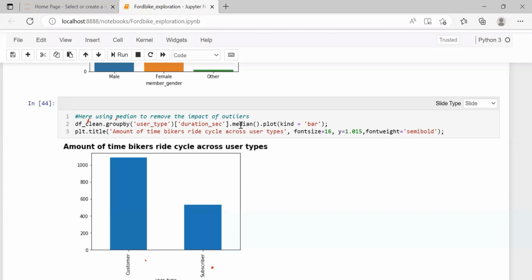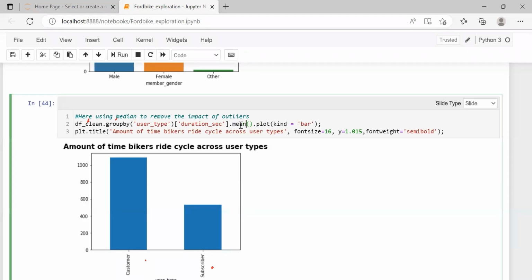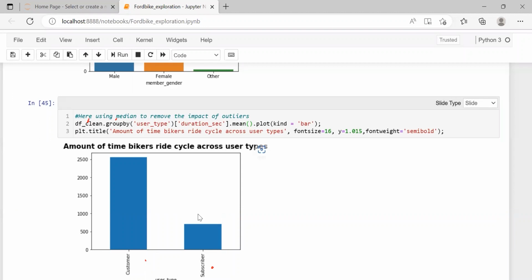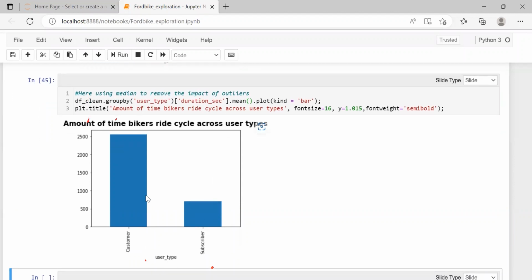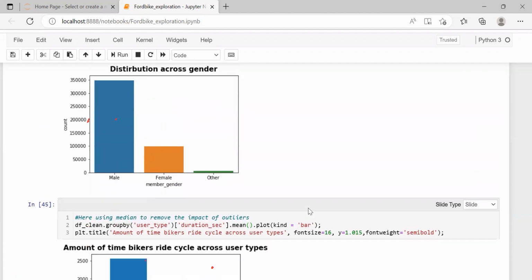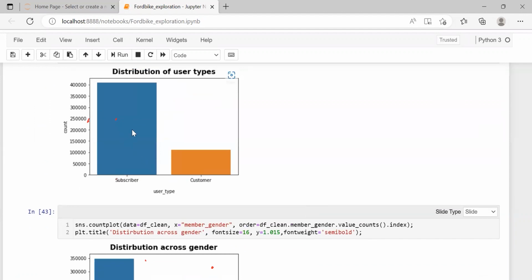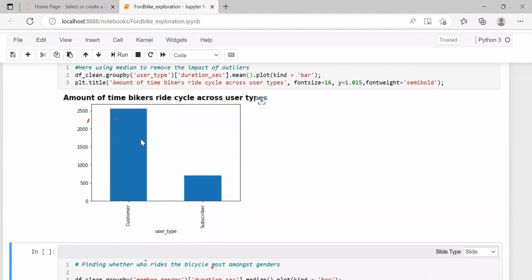And then what I'm taking, I want to see on average or on median how much time they are riding the bike. So here I've done median, but I can do mean as well, right? On average, customers are riding a lot more than subscribers. Don't you think it's an interesting insight? We have more subscribers, but on average, customers are